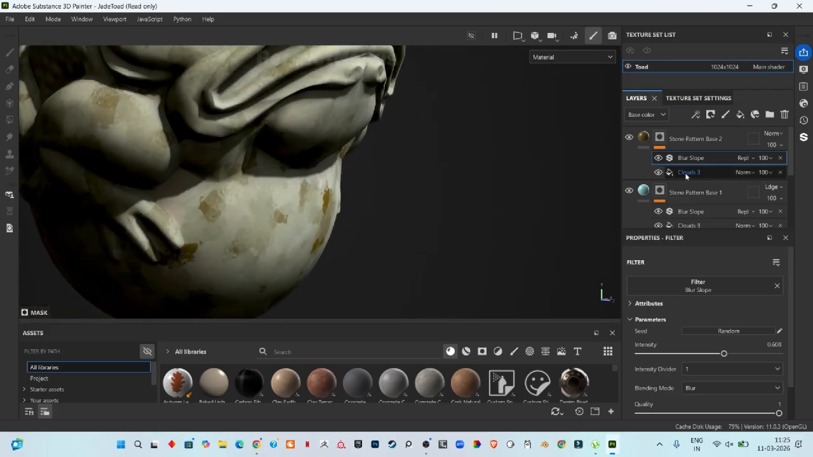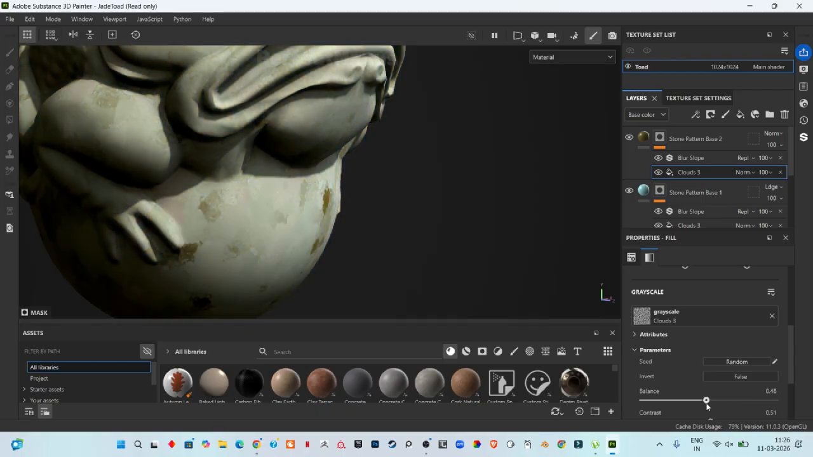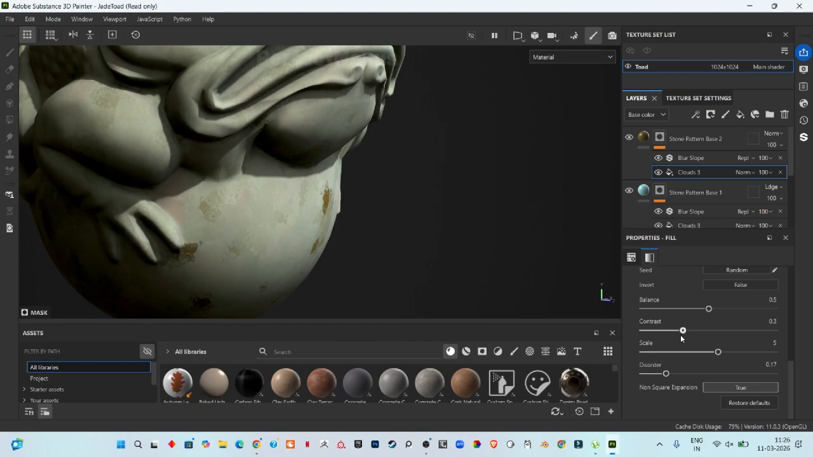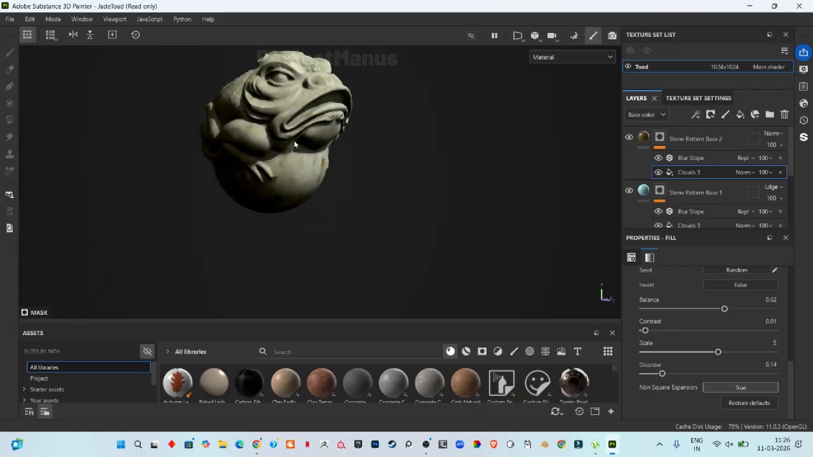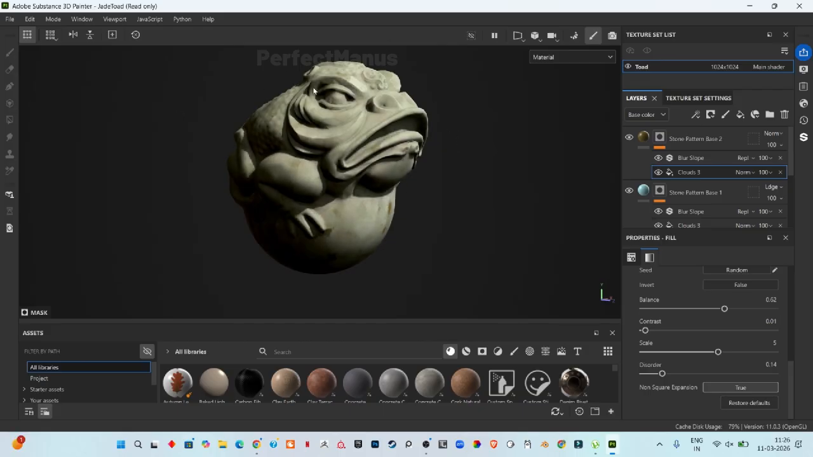And the scaling part we can change. So let's say you want to create it as more dusty, then you can increase the balance, or you can decrease the contrast and then try to increase the balance. So the chunks will be much darker. Once you have something like this, you have a base layer on top of which your moss will be